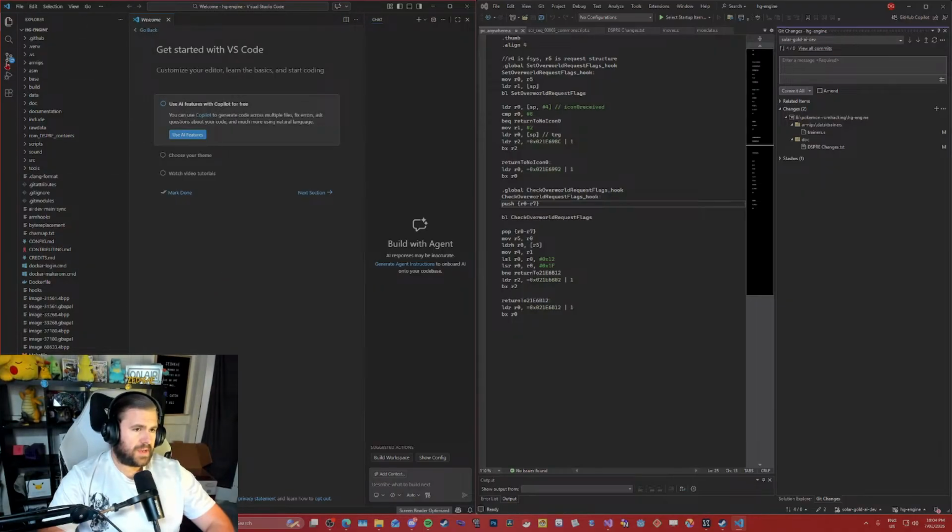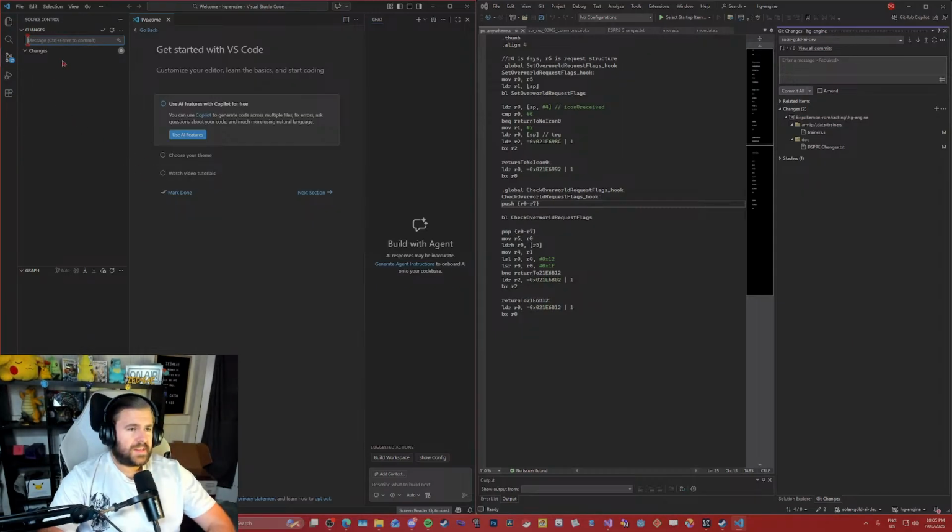Alright, so left side menu, yeah. Are you talking about source control? Is that what you're talking about? Click on the third icon. This one here. Is that source control? Yes.